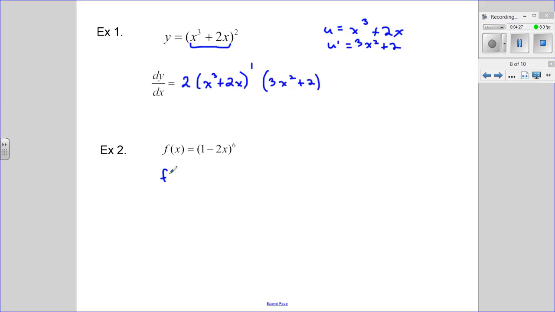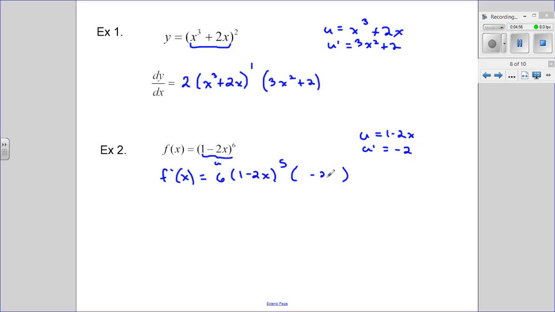So if we did this again, let's say we take f prime, or f dashed. Again, we notice that something is being raised to the 6th power. So we wind up saying, okay, let's call this u. So the derivative is going to be 6 times our u to the 5th power. So we keep u the same, 1 minus 2x, but then we have to multiply by the derivative of u. So again, if we identify u as 1 minus 2x, then u dashed would wind up just being